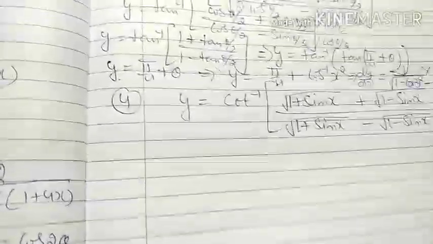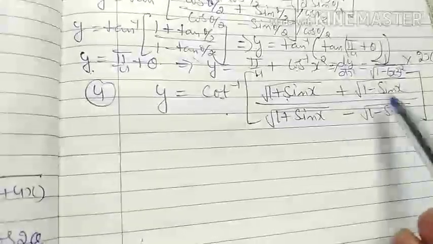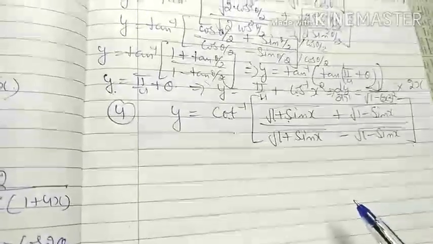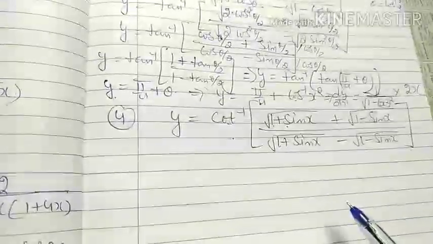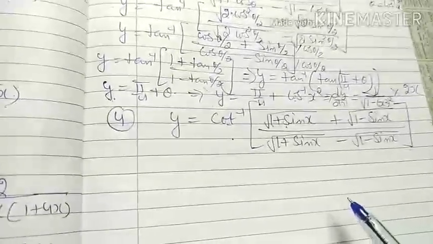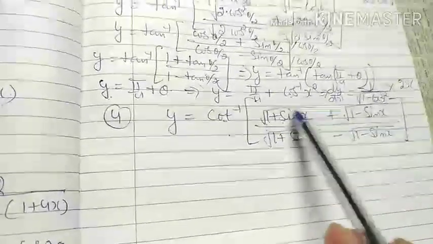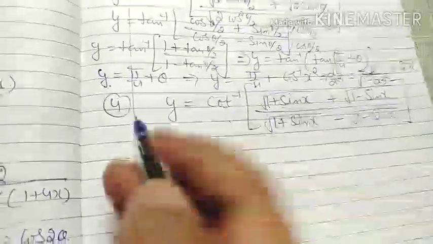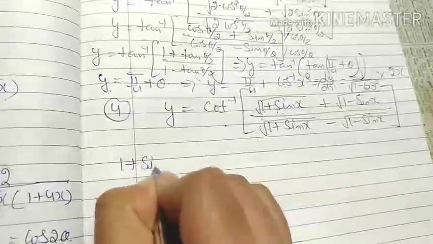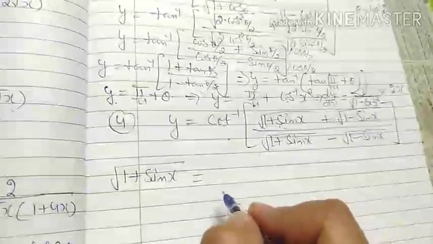Now the next question is, if I have y equals cot inverse of 1 plus sin x, 1 minus sin x, square roots of 1 plus sin x and 1 minus sin x. Now the question is that I have no proper formula for 1 plus sin x and 1 minus sin x, like 1 plus cos theta or 1 plus cos 2 theta. In that case we use an identity. First I will try to find the short form of this, in place of writing the bigger formula. So first I will take it separately. Root of 1 plus sin x. How do I write this in the shortest form?